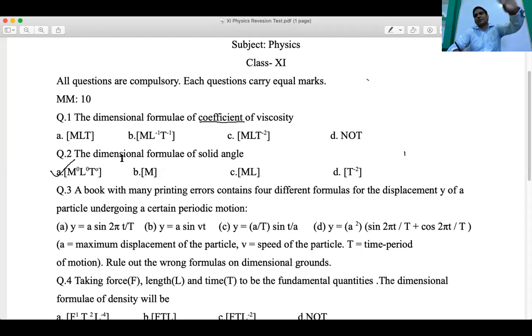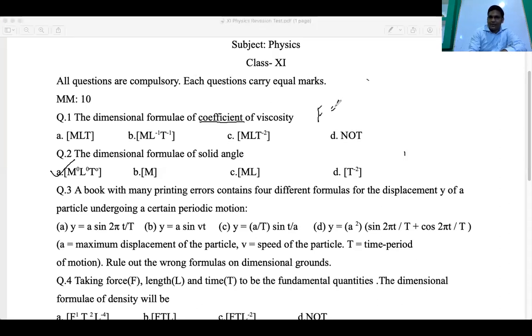Okay, we'll come to hydrodynamics and study it later on. But now you can understand this is a kind of force acting inside the liquid, and I told you to find it using this formula. F is equal to 6 pi eta R V, where eta is the coefficient of viscosity, R is the radius, V is the velocity, and F is the force. You can find it from here. Okay. So coming to the next.